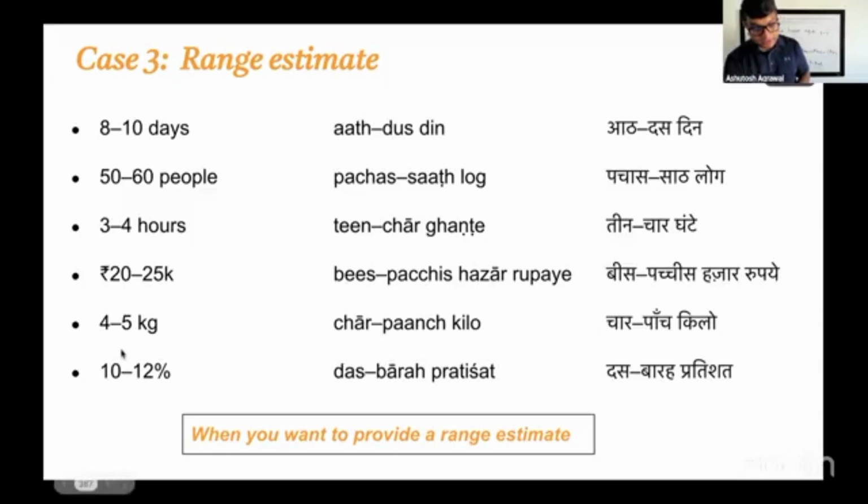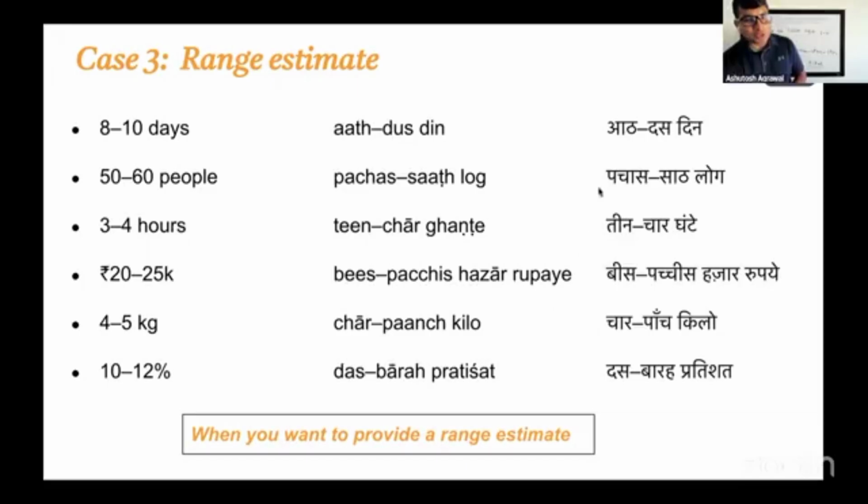Let's say somebody is talking about what will happen with 20-25,000 rupees or dollars. They will not say करीब 25,000 रुपए से मेरा क्या होगा, or लगभग 25,000 से मेरा क्या होगा. They will end up saying 20-25 हजार से क्या होता है, right? It's not worth a lot, basically. That's how they end up giving the range. Same thing, 4 to 5 kilos becomes 4-5 kilo. 10 to 12% is 10-12 प्रतिशत.